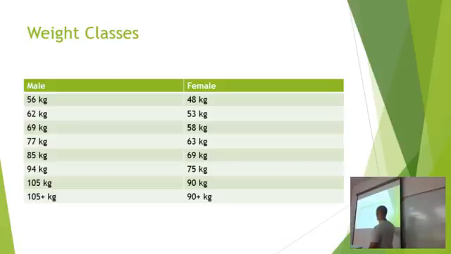Because then you have your 90 plus, and I don't foresee... I think this is going to make it very interesting for international competitions, which we're going to go over later on. For international competitions, it's going to be interesting to see how many people actually compete in that 90 kilo weight class. My gosh, 75 kilos for a well-muscled female is easy to go over 165 pounds. Oh, 100%. Easy. So it's going to be interesting to figure out what they're going to do. It's a lot of space there. If you're going to end up being 75, do you jump to 90? Do you not?